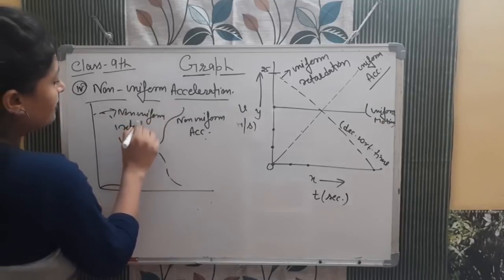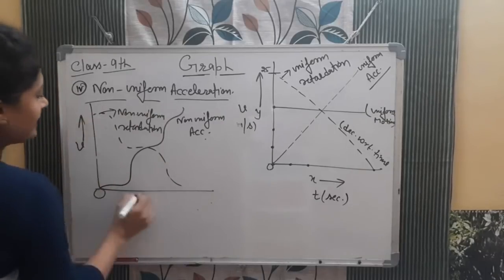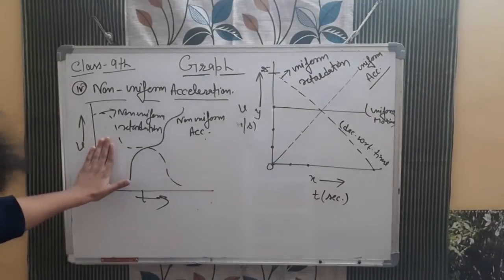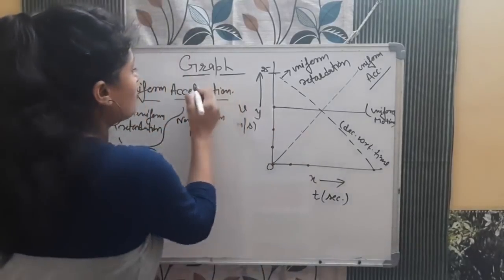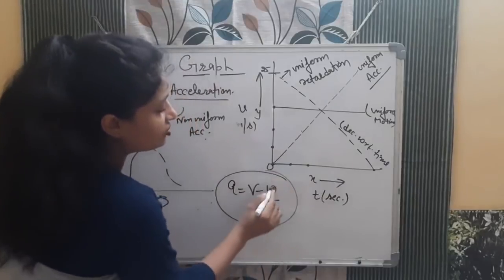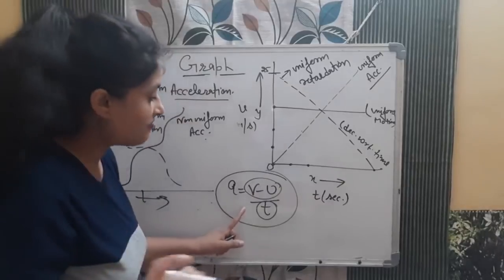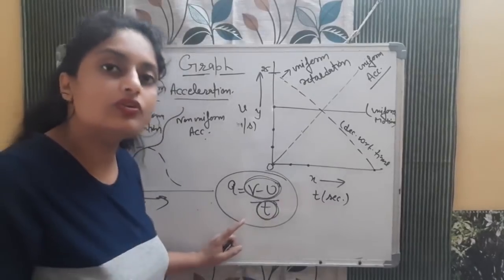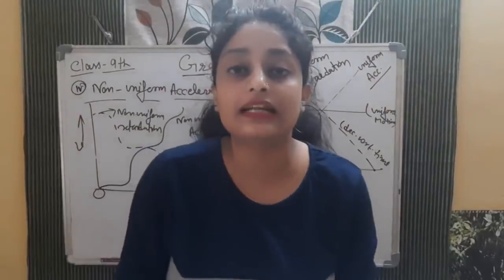So that depends on whether we are increasing or decreasing the velocity. This side velocity, this side time. So this was all about the graphs and I hope you got it. See, again I am repeating, non-uniform acceleration: acceleration is v minus u by t. A is equal to change in velocity by t. So if I am saying change in velocity is equal in equal intervals of time, that is uniform. But if I am saying change in velocity and time, one quantity is unequal, that is non-uniform motion. Now in non-uniform it can increase, it can decrease, because this graph is velocity time.